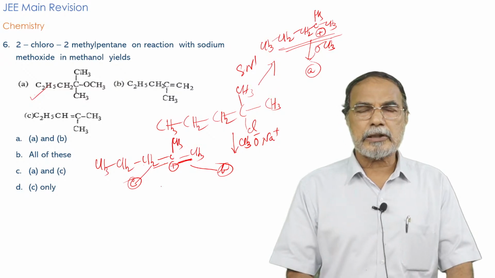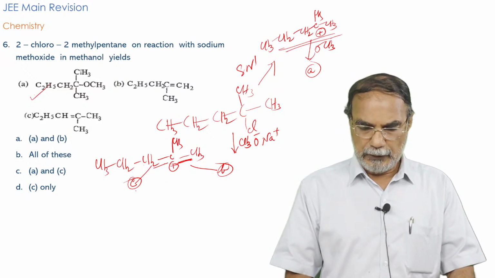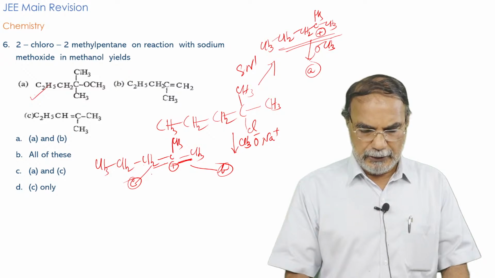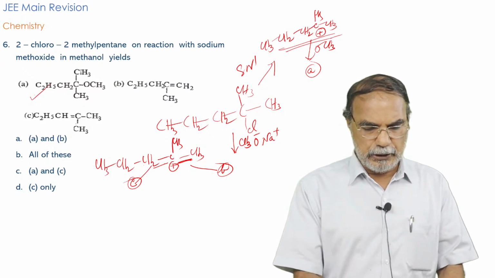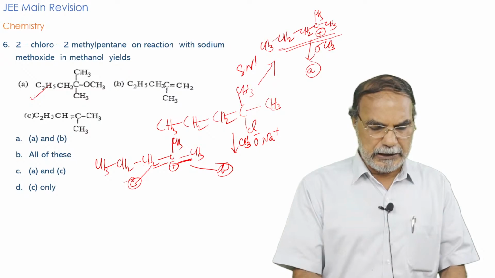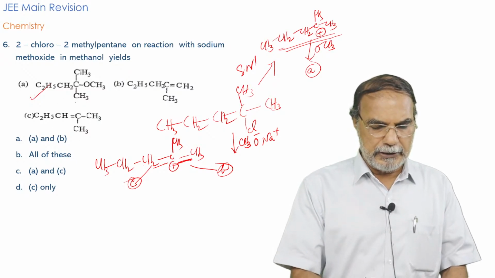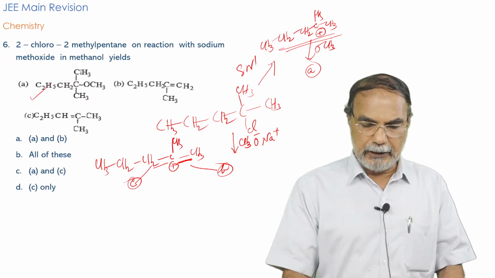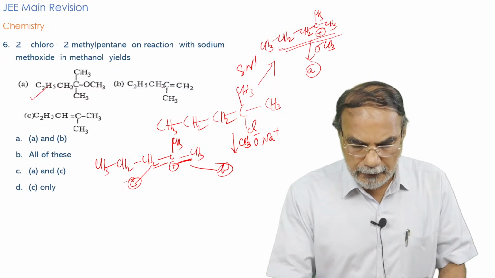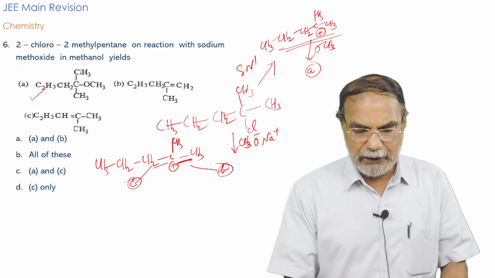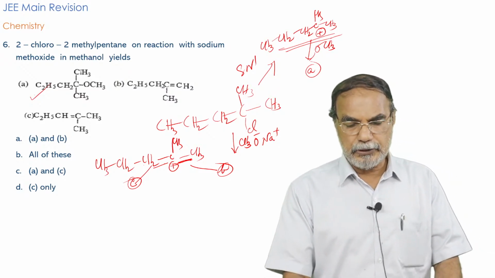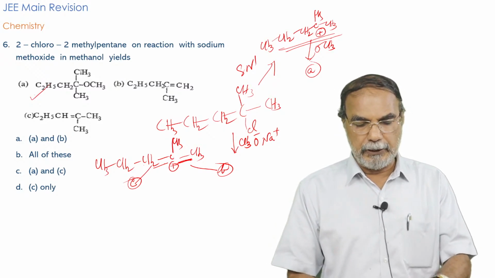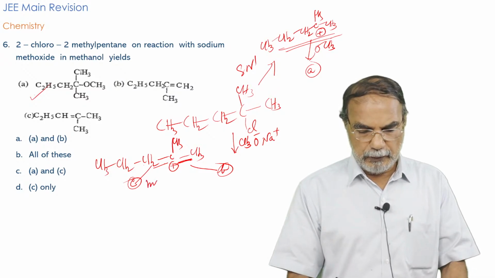The product C corresponds to the Saytzeff rule, where the double bond is attached to the maximum number of alkyl groups, CH double bond C. The product C is C2H5, CH double bond C. So you have 3 plus 3, 6 plus 1, 7 hyperconjugative hydrogen atoms stabilizing the double bond. And in the other case, you have only 3 and 2, 5 hydrogen atoms, hyperconjugative hydrogen atoms stabilizing the double bond. So obviously the compound C is more stable than B, and therefore the major product of the reaction will be